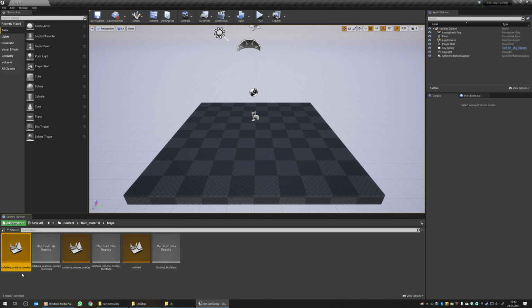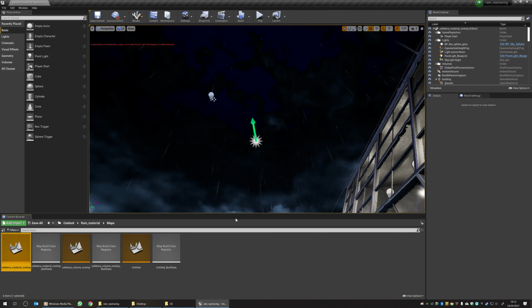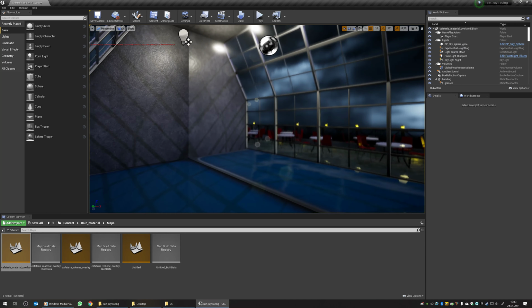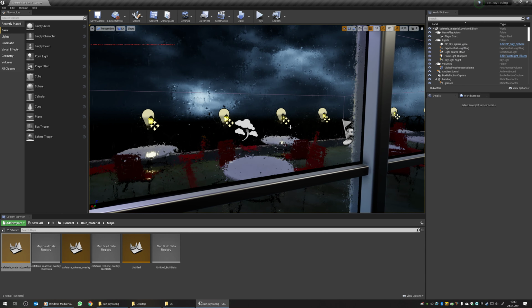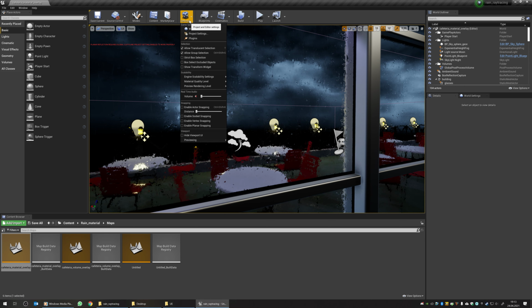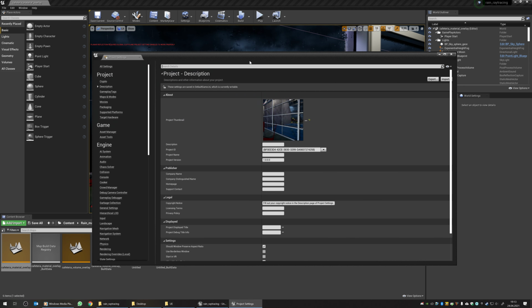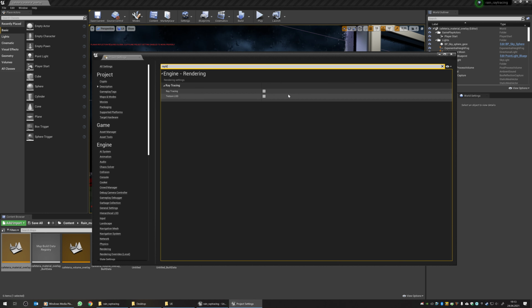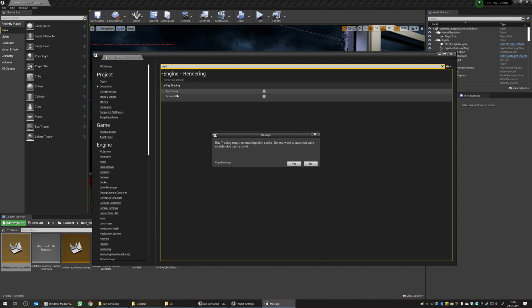So let's switch to the cafeteria material overlay to see some translucent material and adjust it to make it work with Raytraced Translucency. We have this translucency working fine right now, but we need to switch this project to ray tracing. So under the project settings, I'm checking the ray tracing option,